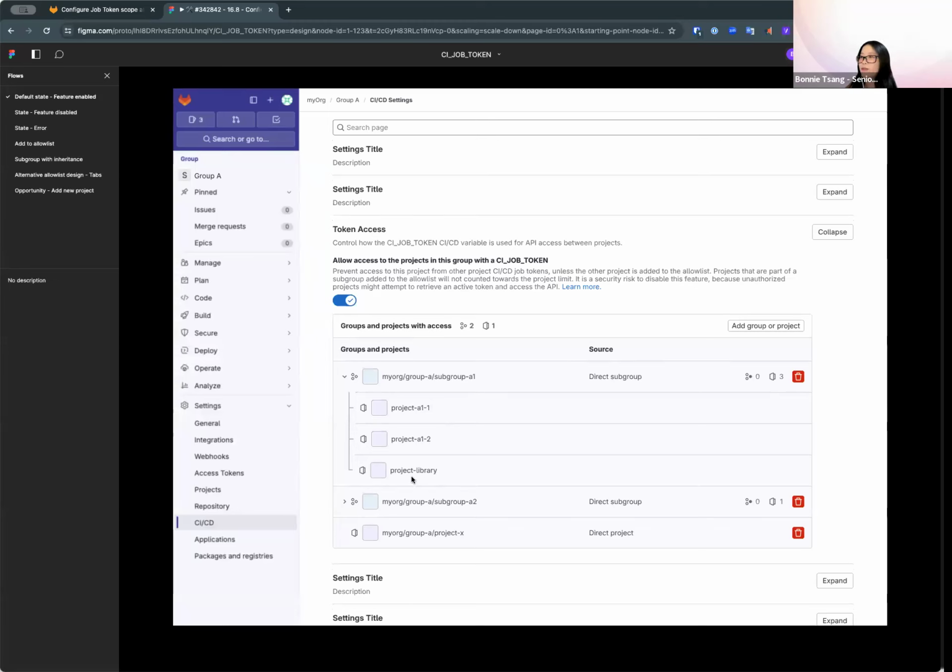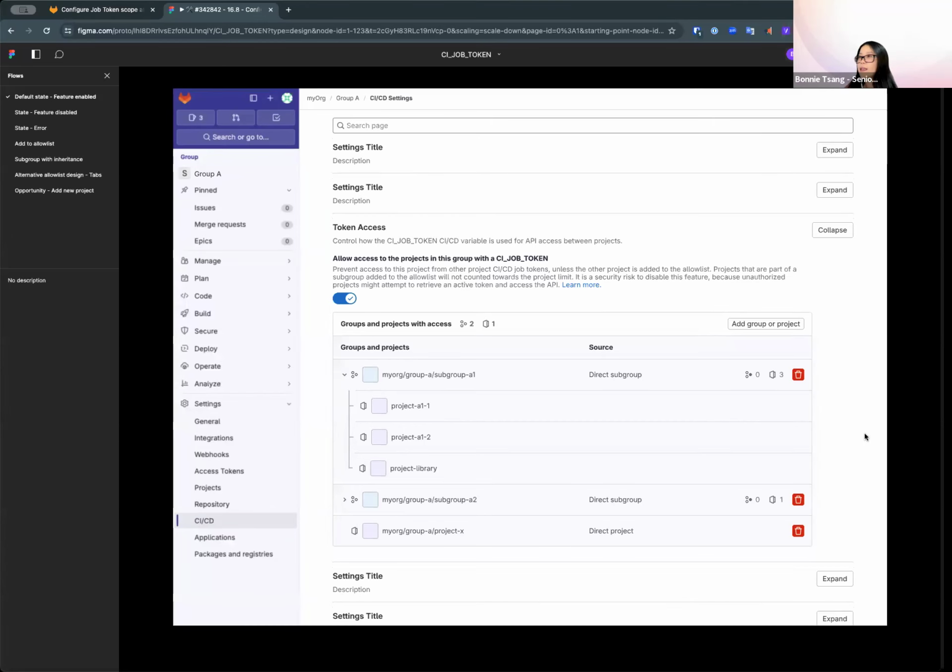For example, if a user wants to exclude the project library in this subgroup, the user can either connect the two projects, project A11 and project A12, individually, or they can move the project library into another group. So that is the